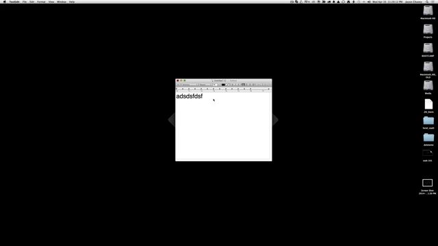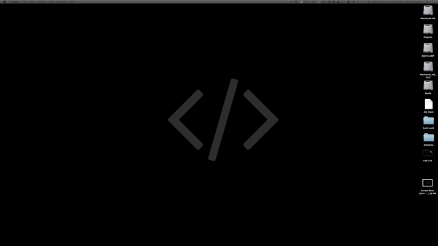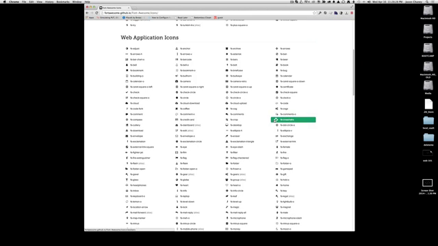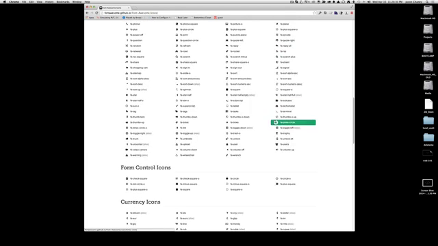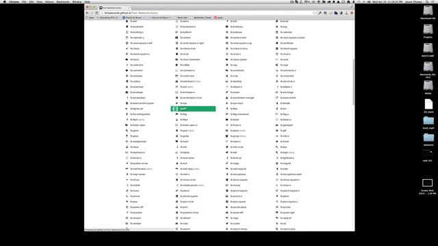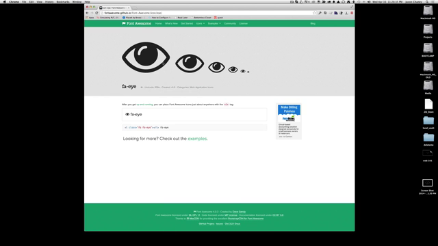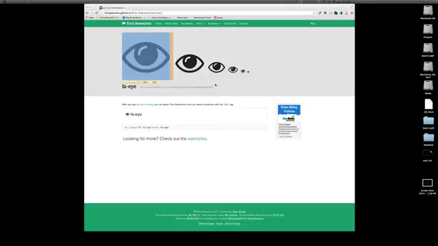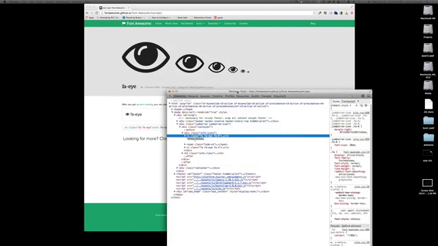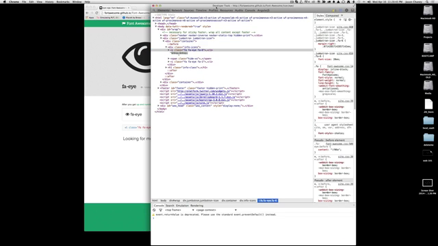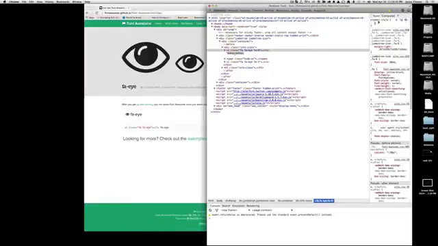The most popular kind of icon font is probably Font Awesome. You can see they've got all kinds of them. And that's what this is. In fact, if you click on one, like the eye, this is a font. If I come in here and I inspect this, bring up DevTools, change its font size over here